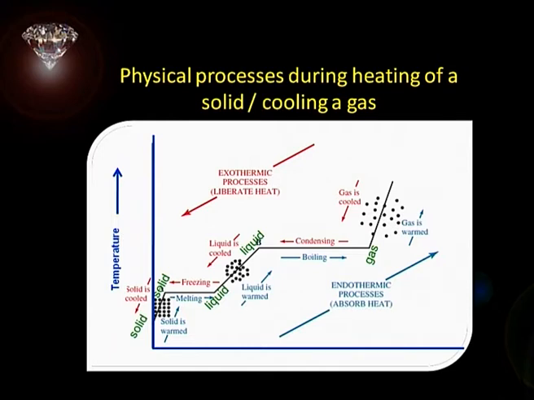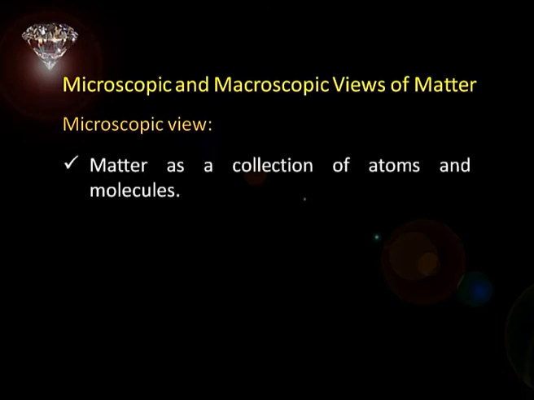So these processes are there in terms of the change in energy of the substance. So there are two ways of looking at matter. One is a microscopic view, one is a macroscopic view. Let's try to see what is the difference between the two kinds of views. In terms of microscopic view, when we try to look at matter, basically matter can be seen as a collection